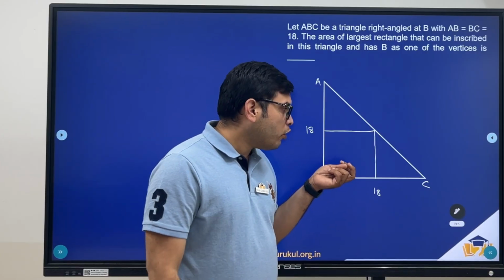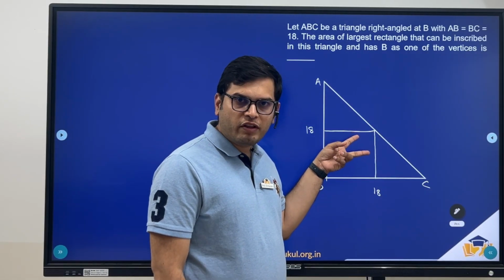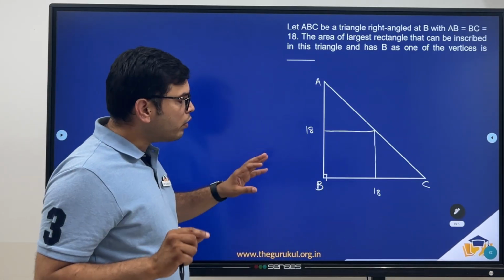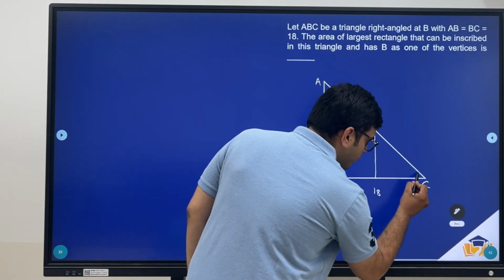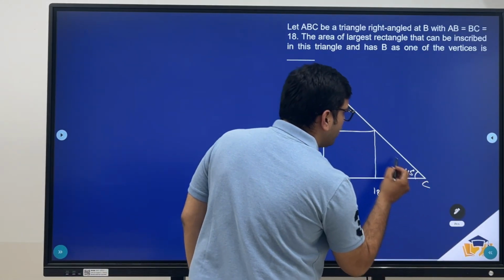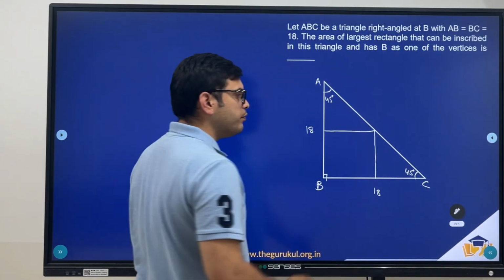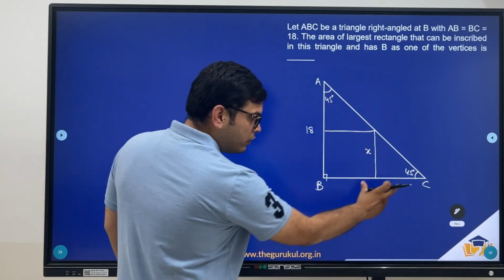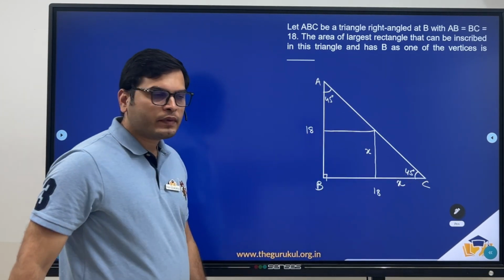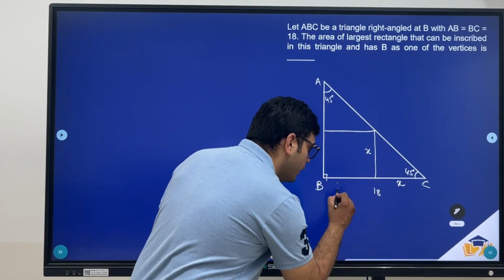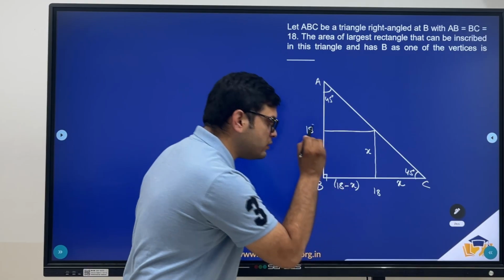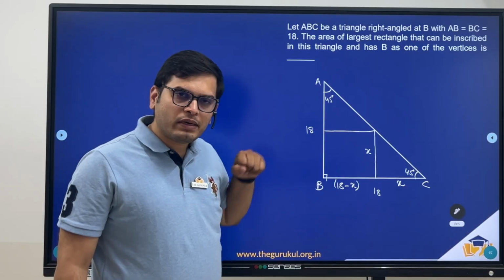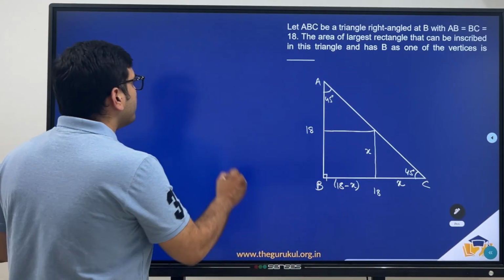Now what is the formula to calculate area of the rectangle? Product of these two, length into breadth, right? Now if it is mentioned that these two are 18 and 18, or if this is an isosceles right angle triangle, this should be 45 degrees and this should be 45 degrees, right? So if I consider the breadth to be x, this part should also be equal to x, and this part should be 18 minus x, because BC is equal to 18, right? Now we have the lengths and breadths of this rectangle. So area would be 18 minus x into x,